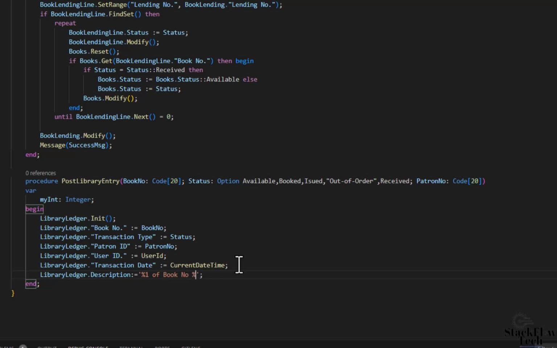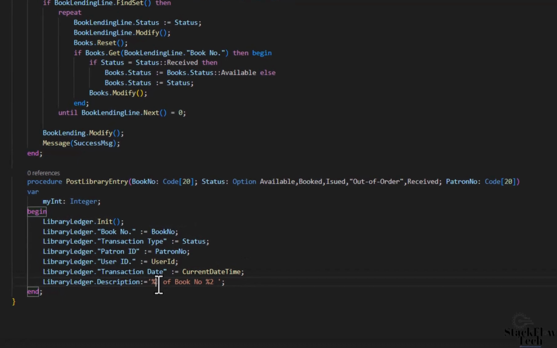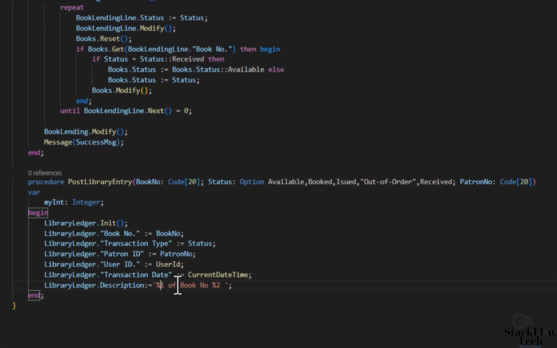Just put book number right there, number 2, and then operation of, so maybe book operation of book number that at date. I'll just give a date on this one, and by someone, by modulus 4, and then